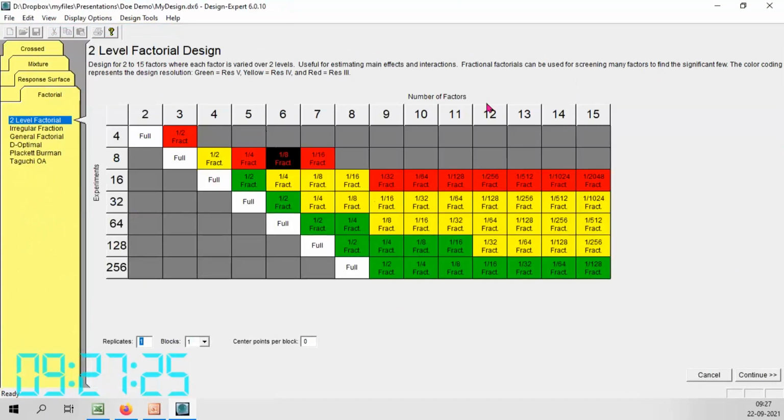So for a 2-level factorial design, just to show the power of DOE, I am using a 1/8 fractional factorial. You can choose any tab, but this is actually a little dangerous. Since we are doing only a simulation, it doesn't matter. Recommended is to use the green boxes. Anyway, I'll choose this 8 runs. This is only 8 runs, and we can study 6 factors. Just to show the power of design of experiments, I am choosing this design.